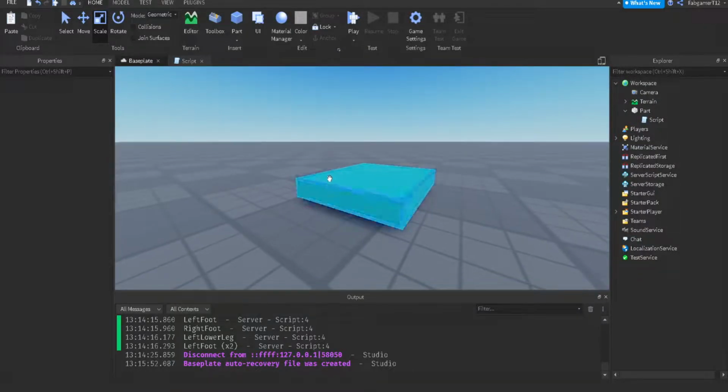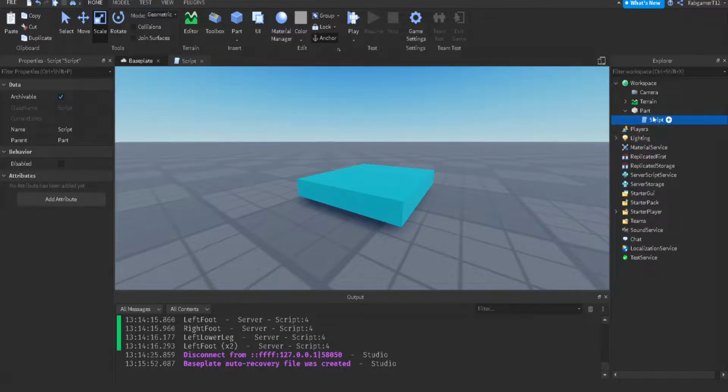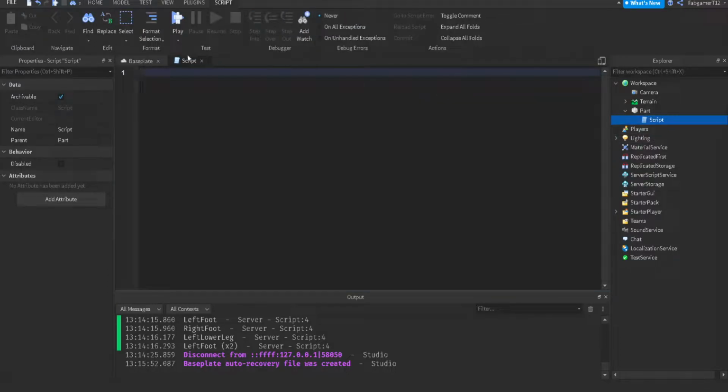Today we're going to be showing you how to make a part activate a line of code whenever you touch it. So to start it off, you put a part down and then you put a script in it. You can name the part whatever you want. So now you're going to go into the script and you're going to do local. I'm just going to name it part equals